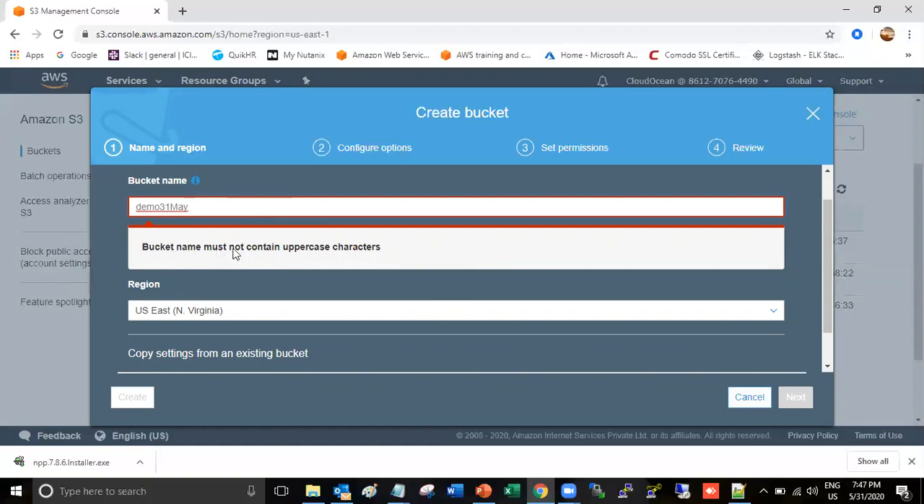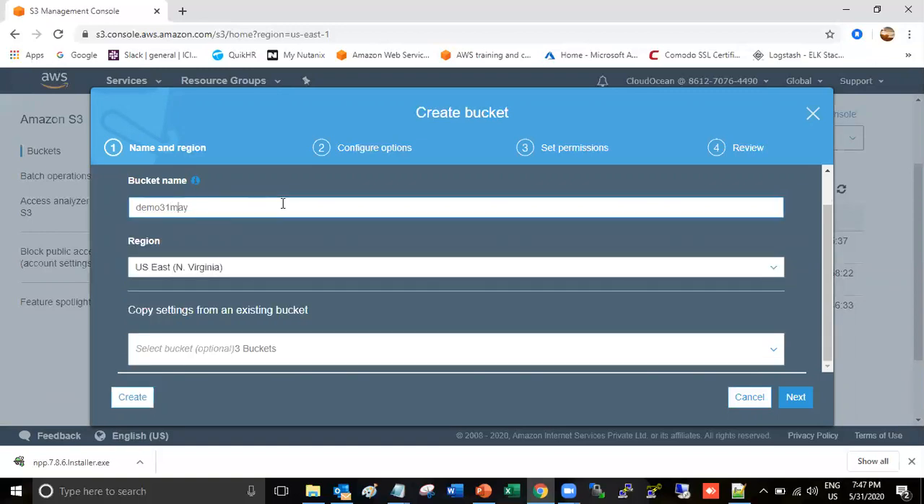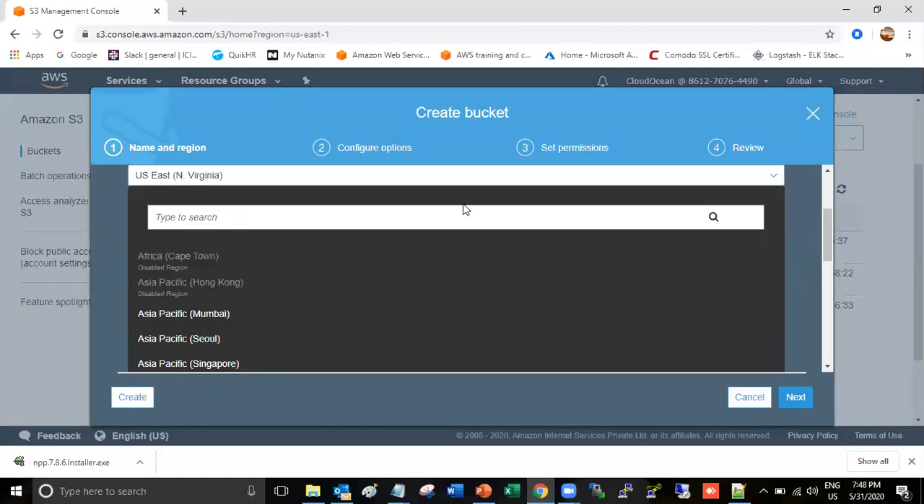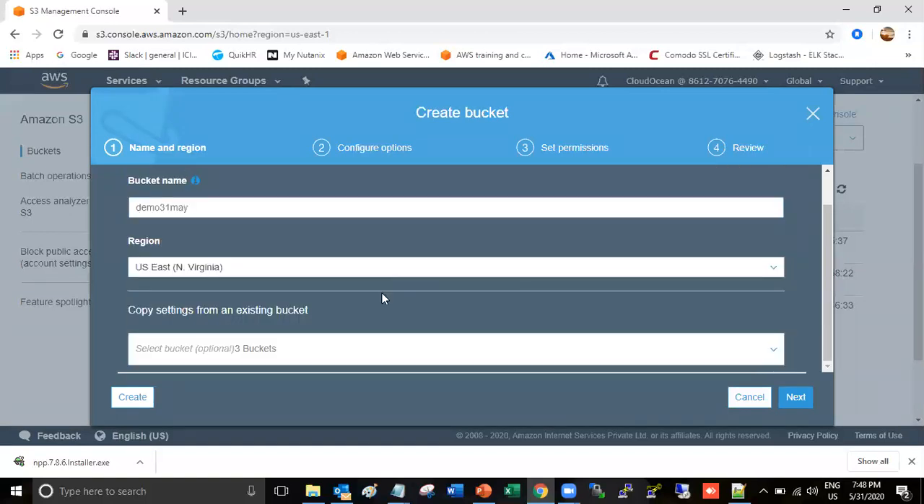See, the bucket name must not contain uppercase characters. Okay, so I have given the bucket name as demo 31st May. Here you can choose your region, so I keep it as North Virginia only. Okay, so the next,